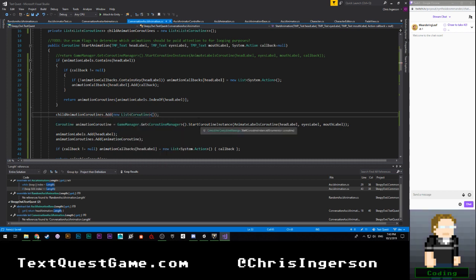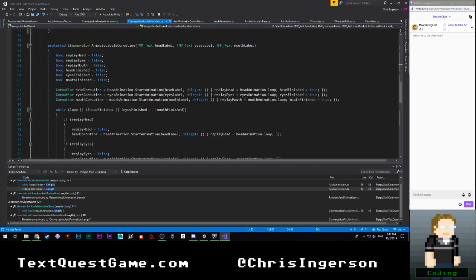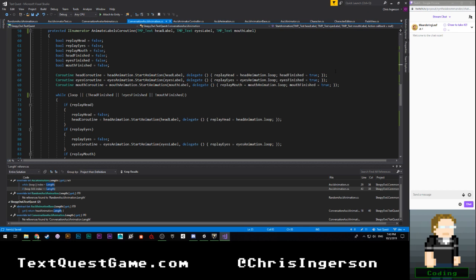And then in our start coroutines here, oh boy, this is where it gets to be all kinds of fun. Yep, this is going to be gross.